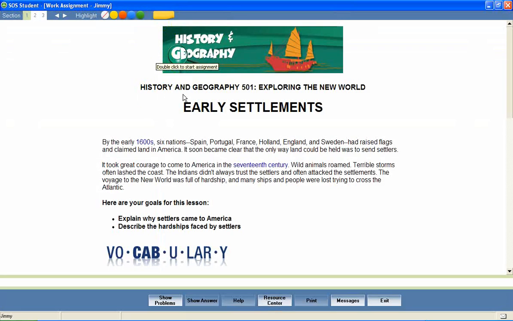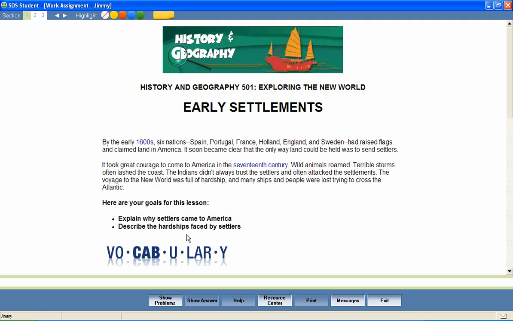In a unit entitled Exploring the New World, let's look at a lesson called Early Settlements. Most Switched On Schoolhouse lessons begin with a brief introduction and a list of objectives for the lesson. These objectives help students stay focused on important lesson content and provide parents with an effective way to measure mastery